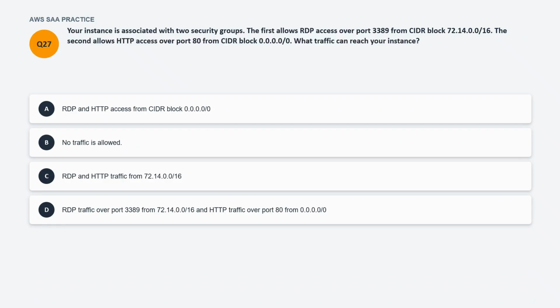Question number 27. Your instance is associated with two security groups. The first allows RDP access over port 3389 from the CIDR block 72.14.0.0/16. The second allows HTTP access over port 80 from CIDR block 0.0.0.0/0. What traffic can reach your instance? Options: no traffic is allowed, or